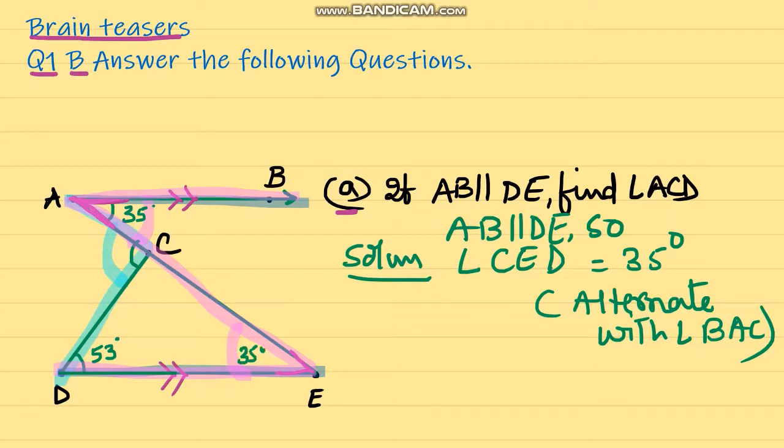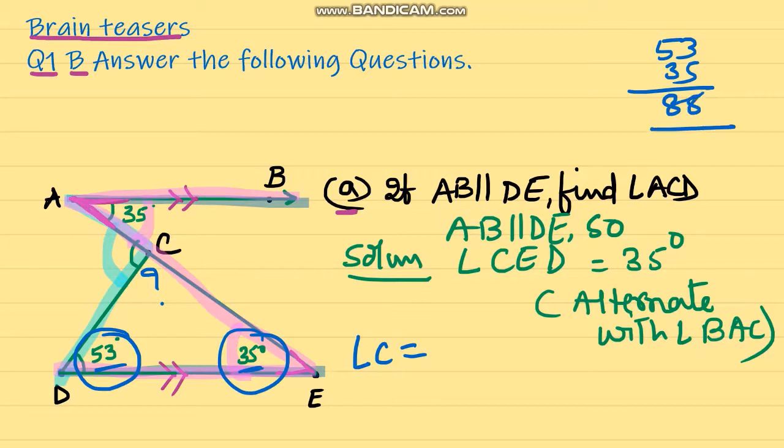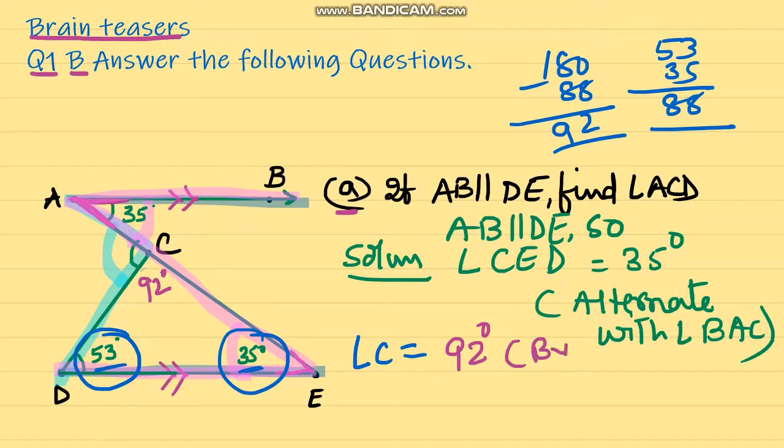Now this is 35 degree. Now see here, this angle is 53, this angle is 35. So can you find out this angle? Yes, you can find out. How will you get it? Angle C will be equal to 180 minus (53 plus 35). First see what is 53 and 35 added together. You'll get 88. So 180 minus 88. So simply subtract 100 minus 8. So 92. So this is equal to 92 degrees. By what property? Angle sum property. Okay. So angle C will be equal to 92 degree by angle sum property.